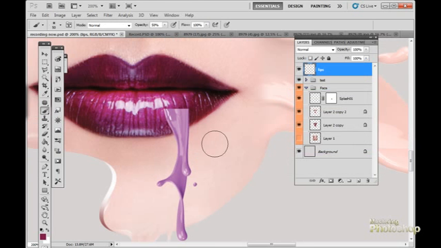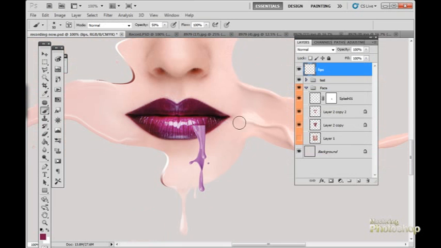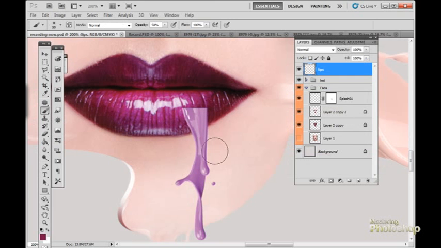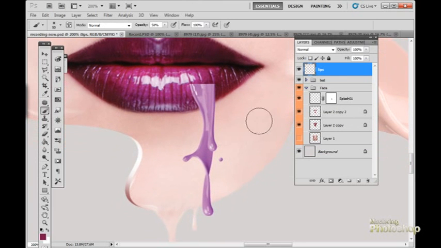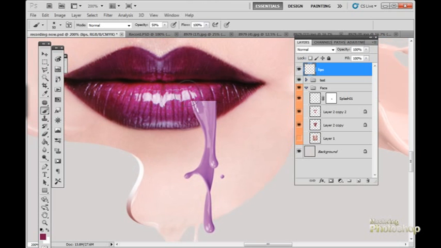And let me tell you why I was saving the color settings. Now in the process you have seen that this object was losing its glossiness, and to retain that glossiness I'm going to take out the white glare from this object and bring it to a separate layer so that I have complete control over the glossiness of this object. Since the lips are highly glossy, we need to retain that on the